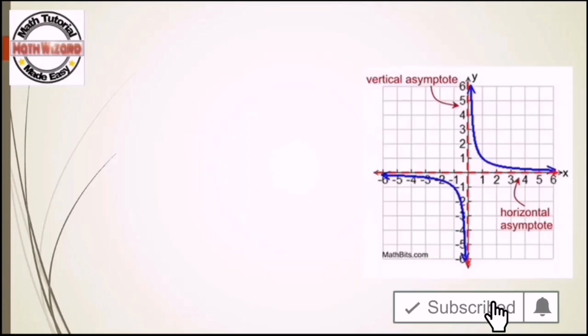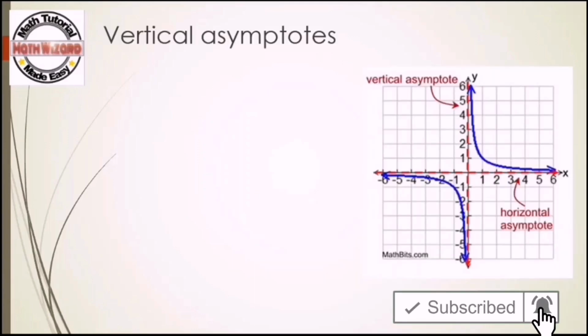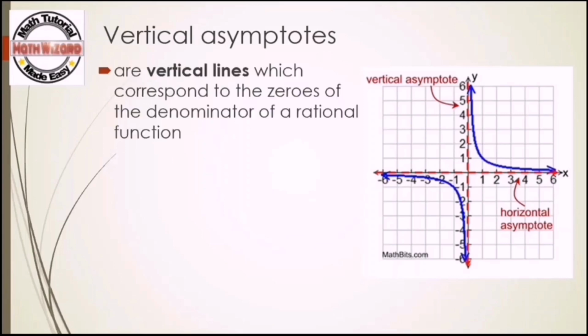What is a vertical asymptote? When we say vertical asymptotes, those are vertical lines that correspond to the zeros of the denominator of a rational function. As we can see, those are lines that divide the graph of a rational function vertically. So those are vertical lines or broken lines. Okay, next,